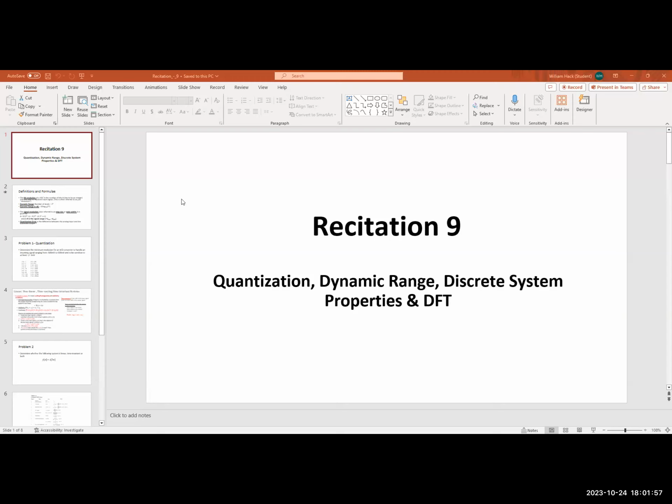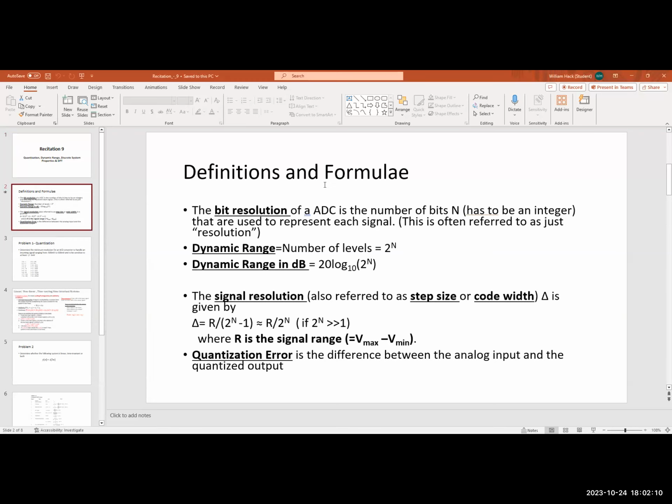This is going to be recitation 8 or 9, sorry. And we're going to be talking about quantization, dynamic range, discrete signal properties, and discrete Fourier transform. So first, let's start with quantization and dynamic range. So the bit resolution for an analog to digital converter is the number of bits defined